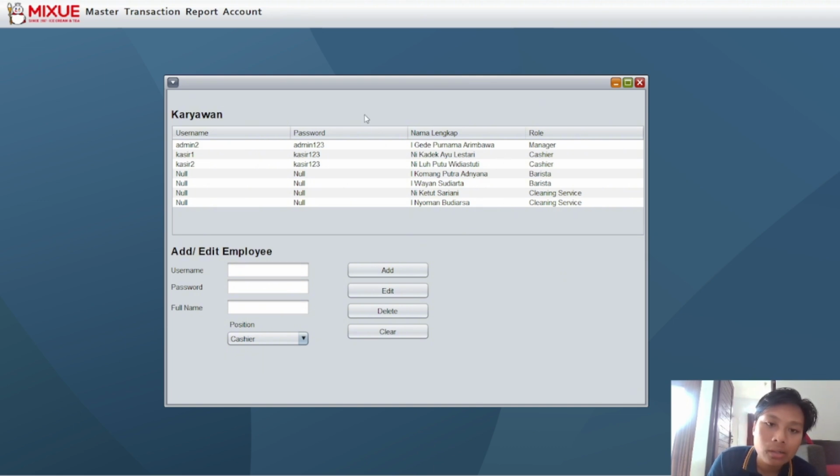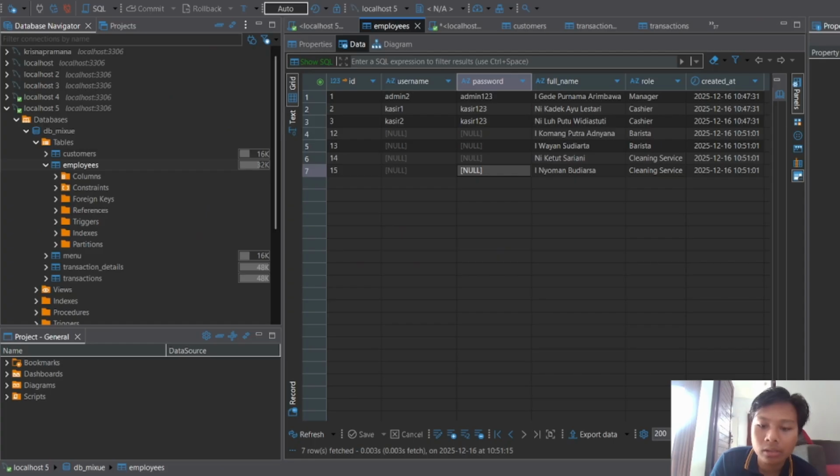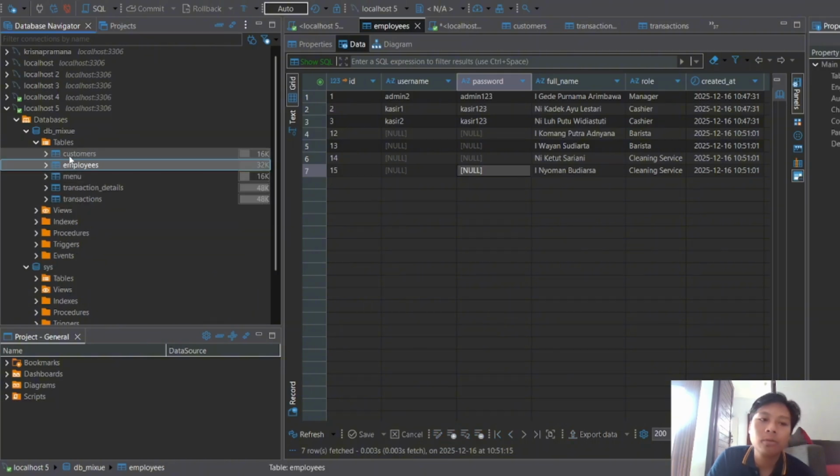The data is from the database, where we use Laragon and DBeaver. So this database is from DBeaver. We have 5 tables: customer, employee, menu, transaction data, and transaction.